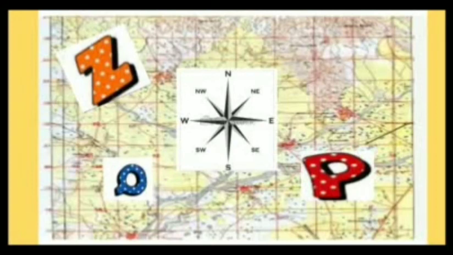I'm just using these alphabets to give you the idea that these are the different settlements for which you have to find the direction. This compass direction is very important. 8 directions are given here. Just learn them, then draw and try to find out the direction of different settlements.